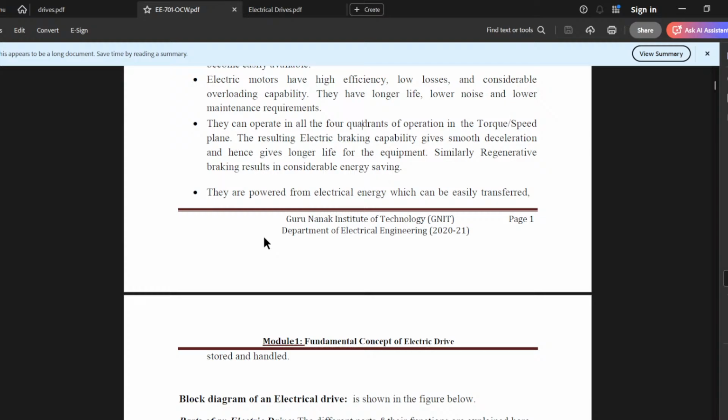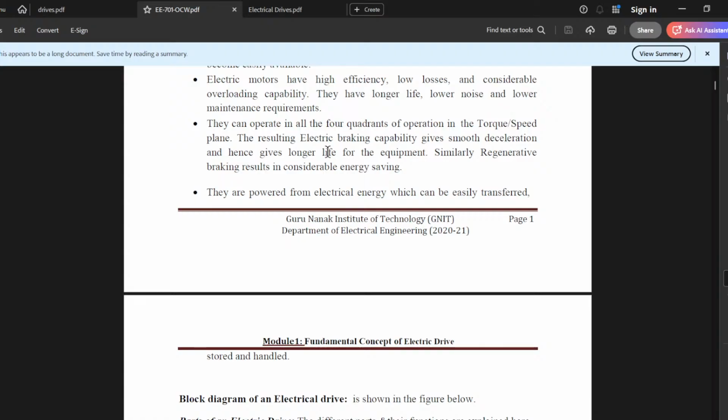The resulting electrical braking capability gives a smooth deceleration, and hence gives longer life for the equipment. So we can say the seventh point will be, I will break this point into two parts. One is all four quadrants, and the other one I will write as energy saving and longer life. Or you can also write better braking. So I will write longer life